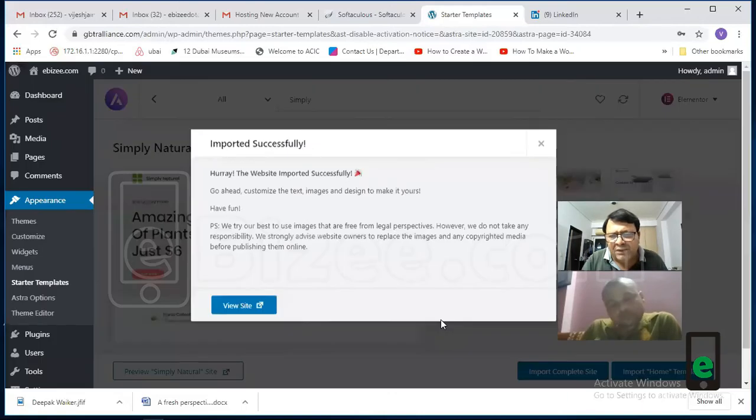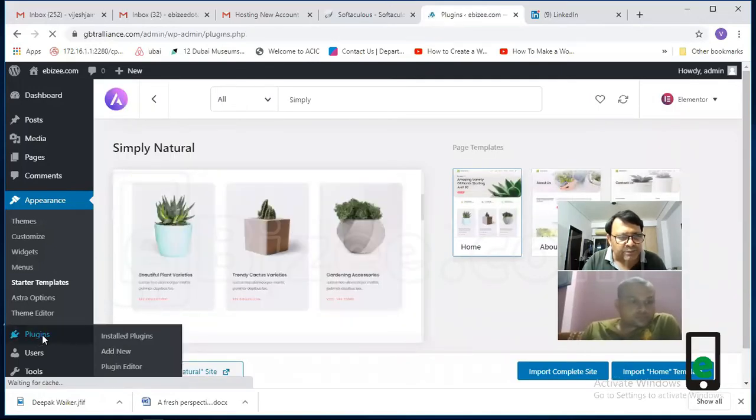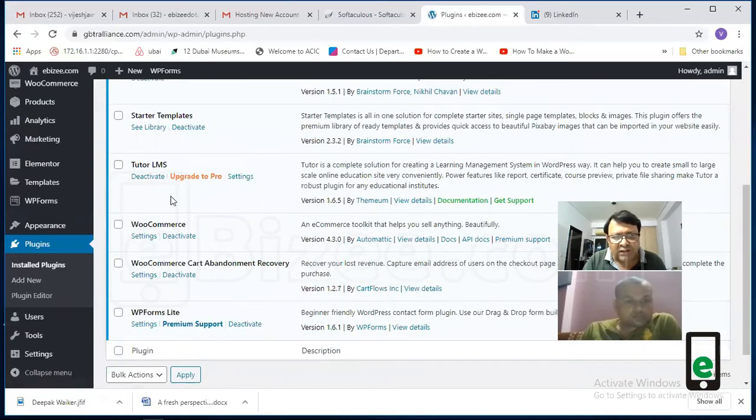There are many plugins which do not require login again, but LMS requires it, because it's a very major plugin. Okay. Now let us see whether our plugin is already installed or not. Yes, you can see here Tutor LMS is already there and it is already active, right?